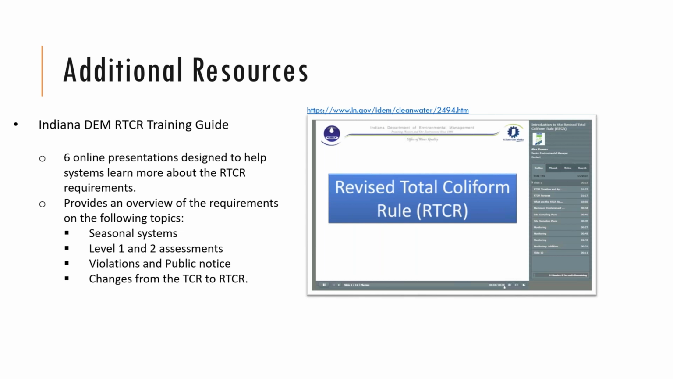Each presentation is accompanied by audio, and every presentation is broken up into small segments, so it's easy to navigate to certain topics. Each presentation is around 10 minutes long, and it's made so it's simple to understand. And the presentation topics include general RTCR requirements, requirements for seasonal systems, information on level 1 and 2 assessments, violations and public notice requirements, and they have a